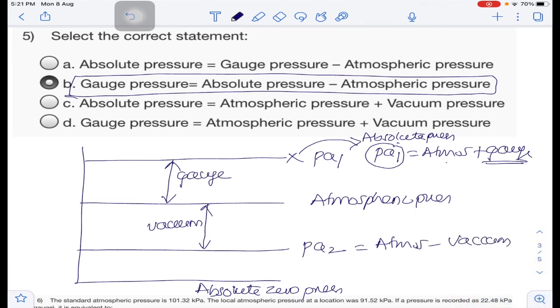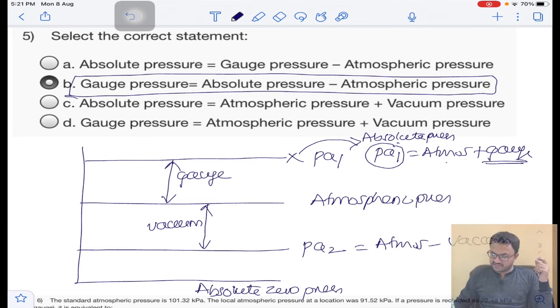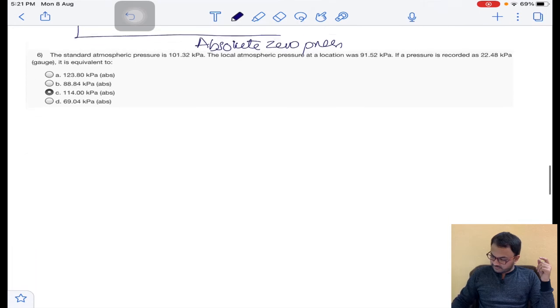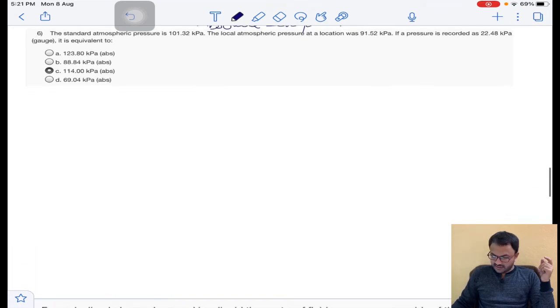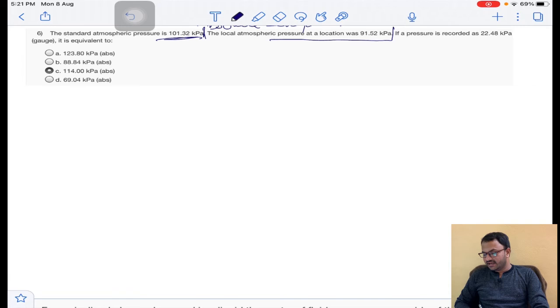Okay, so this is the concept, and the only option matching is B. So the answer for fifth question is B. And now, question number 6. The standard atmospheric pressure is 101.32 kPa and local atmospheric pressure is 91.52 and pressure recorded was 22.58 kPa gauge pressure, it is equivalent to. So he asked